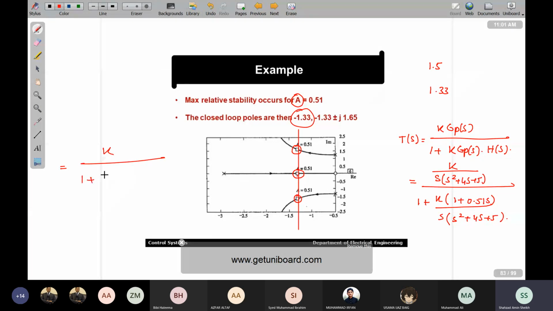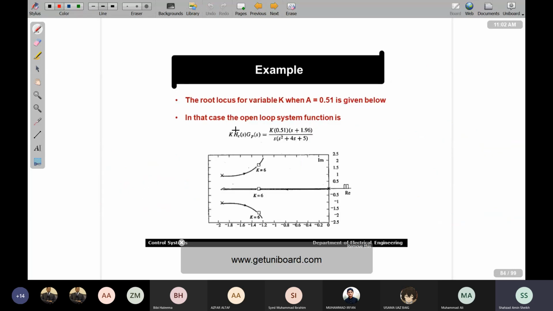So we will be plotting the root locus for variable K, and we will be using this component of our transfer function. ठीक, so that's the situation. अब आप इस पोर्शन को यूज कर रहे हैं for different values of K. So again K is equal to 6 पे ही उसे देखा गया है। Of course K is equal to 6 से आप बढ़ाते चले जाएंगे तो we will be having the closed loop poles moving in the direction of the asymptotes towards infinity, and of course आपके पास 3 poles थे, this one and this one, और अगर आप यहाँ से देखें तो आपके पास -1.96 पे एक ओपन लूप 0 था, तो अल्टीमेटली ये वाला पोल जो है ये इस डायरेक्शन में मूव करेगा और ये वाले पोल जो हैं ये असिम्प्टोट्स की तरफ मूव करेंगे, एंड K is equal to 6 पे आपके पास ये सिचुएशन मौजूद है।